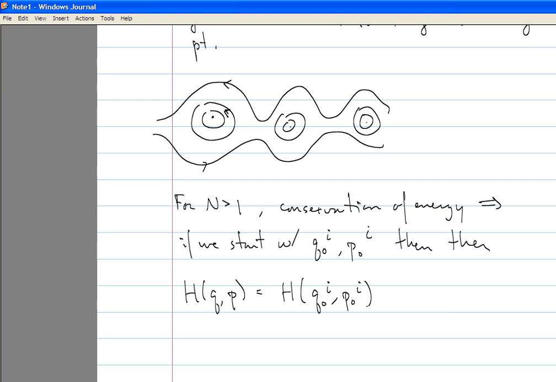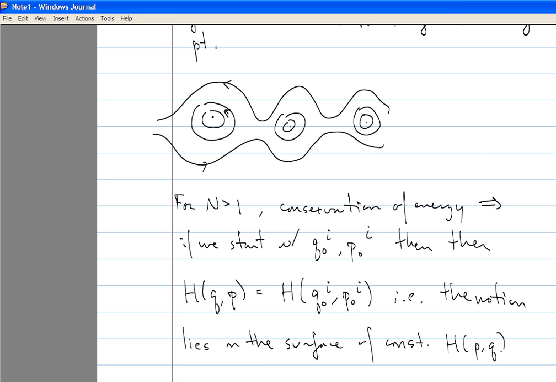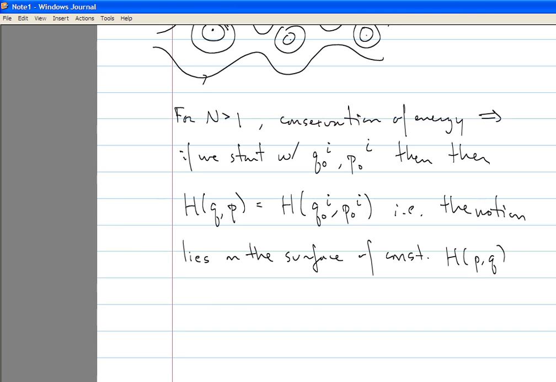So the motion of the system, just because of conservation of energy, lies on the surface of constant Hamiltonian, of constant energy. Now, of course, it's a little harder to draw a phase space in 2n dimensions unless n is equal to 1. But the way that you should imagine it is that you have schematically